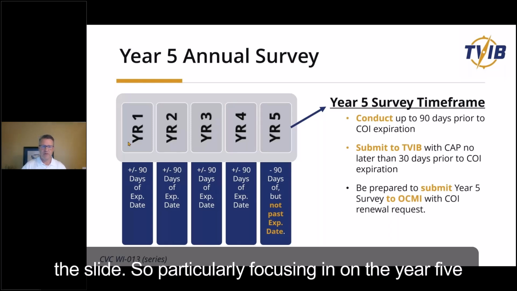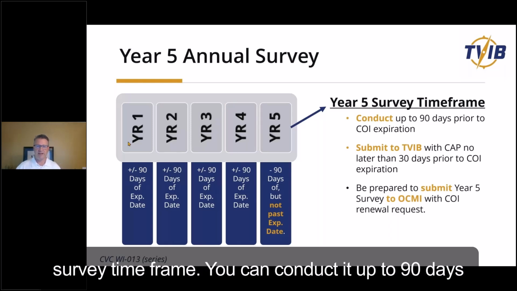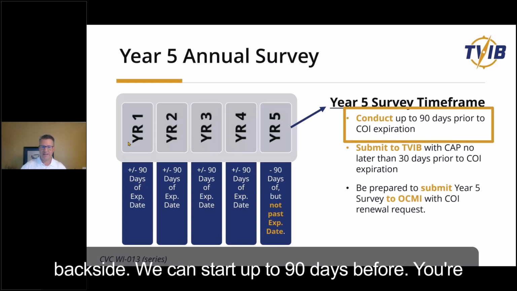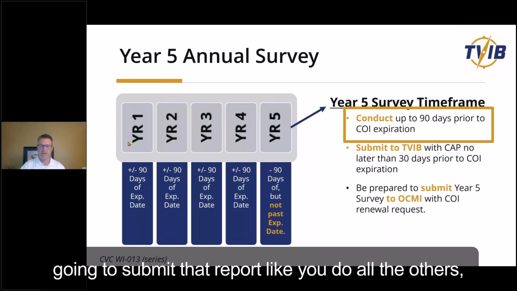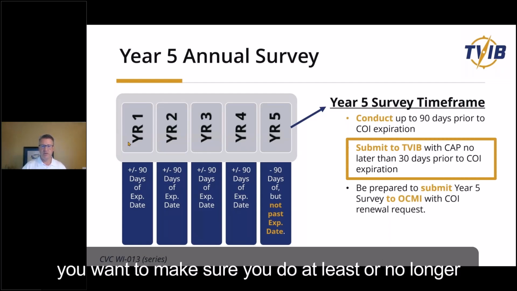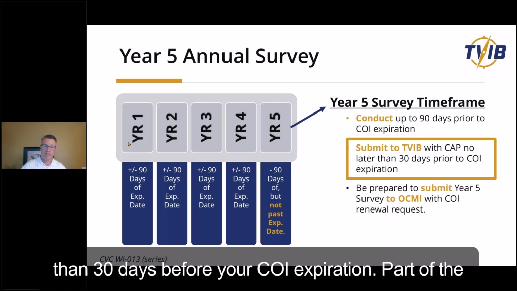So particularly focusing in on the year 5 survey time frame, you can conduct it up to 90 days prior to COI expiration. Remember, nothing on the backside. We can start up to 90 days before. You're going to submit that report like you do all the others, but with the corrective action plan. But in this case, you want to make sure you do it at least or no longer than 30 days